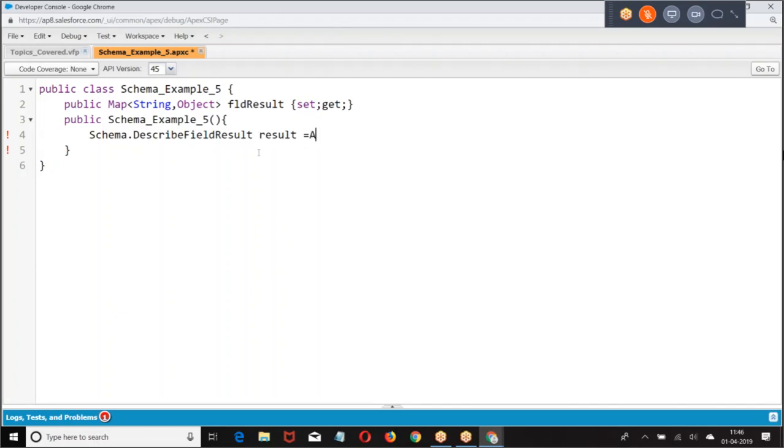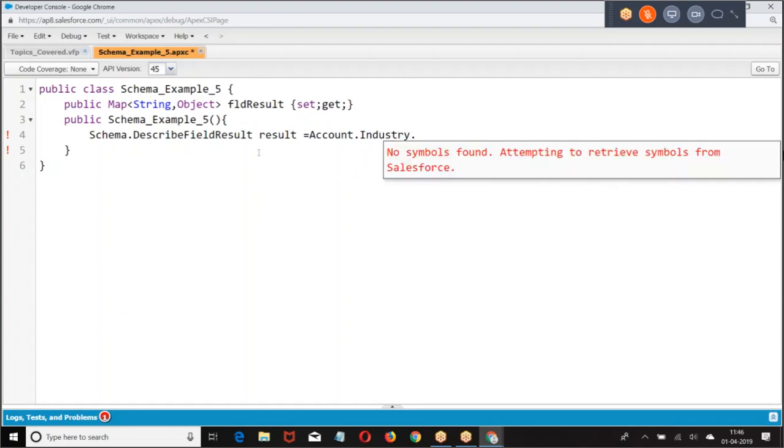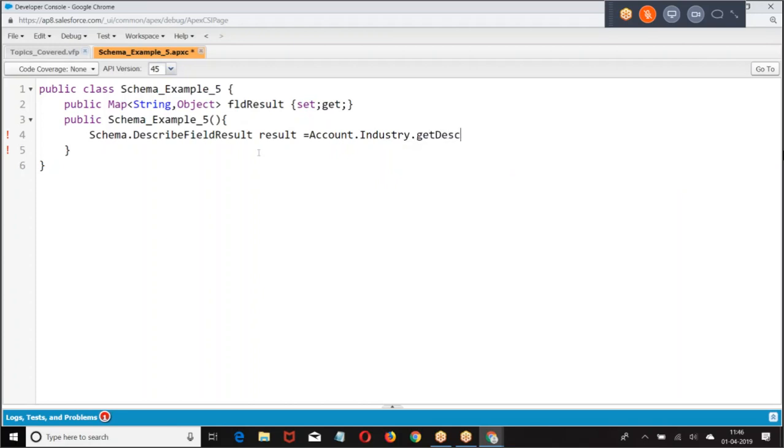Result equal to, in the account object, index the field. Get the description about a field in the account object: object name dot field name dot getDescribe. Get the description. Once you got the description, then I want to